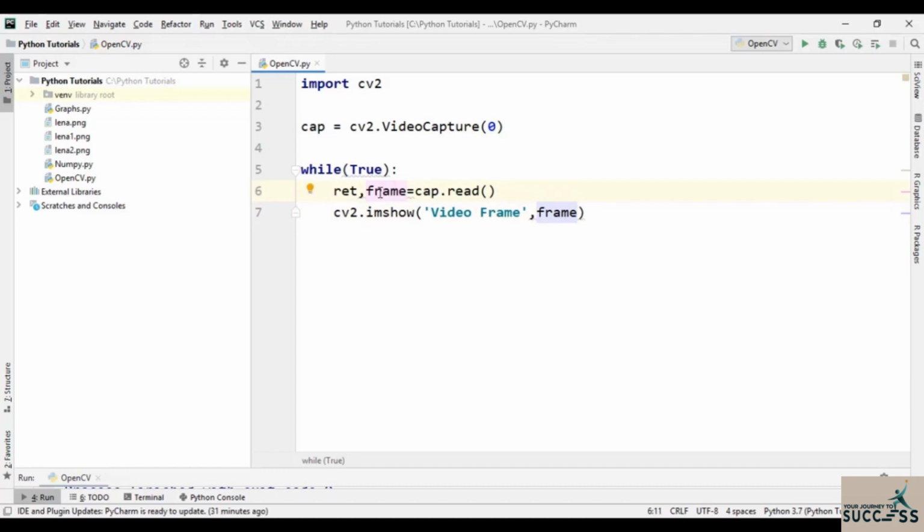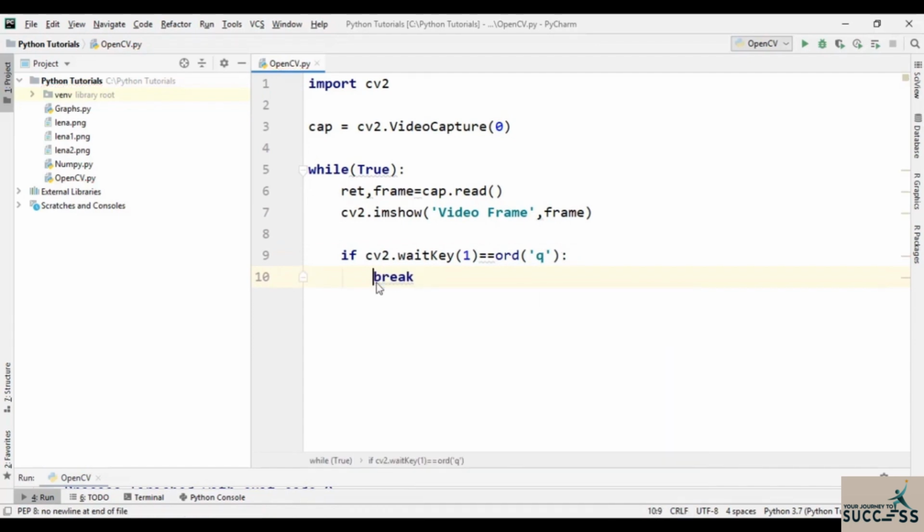All right, now basically we want to quit our video frame as soon as the user presses the Q button on his keyboard. So in here, just like in the previous video, I will type if cv2.waitKey equal to the Q key. We were using the function ord in the previous video as well, and this function basically captures the key that is pressed. So if that pressed key is equal to the Q key on my keyboard, then we're going to come out of this loop